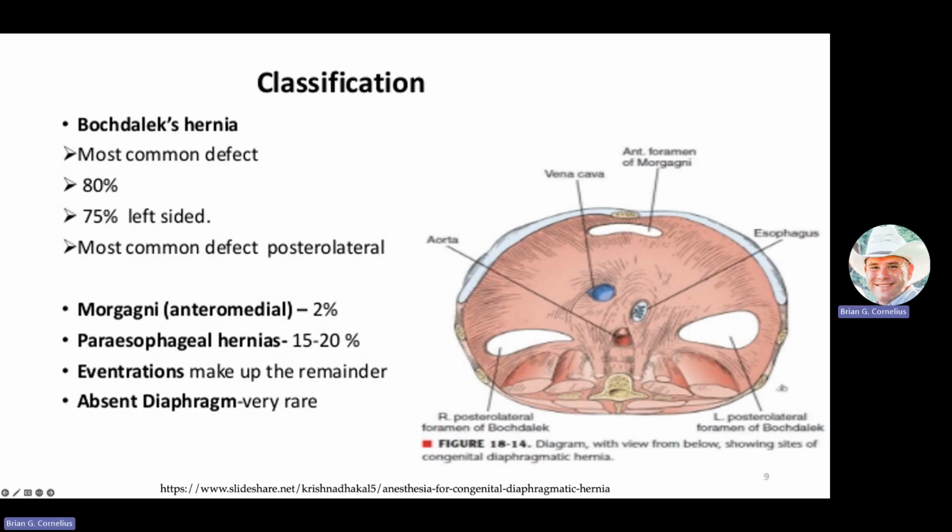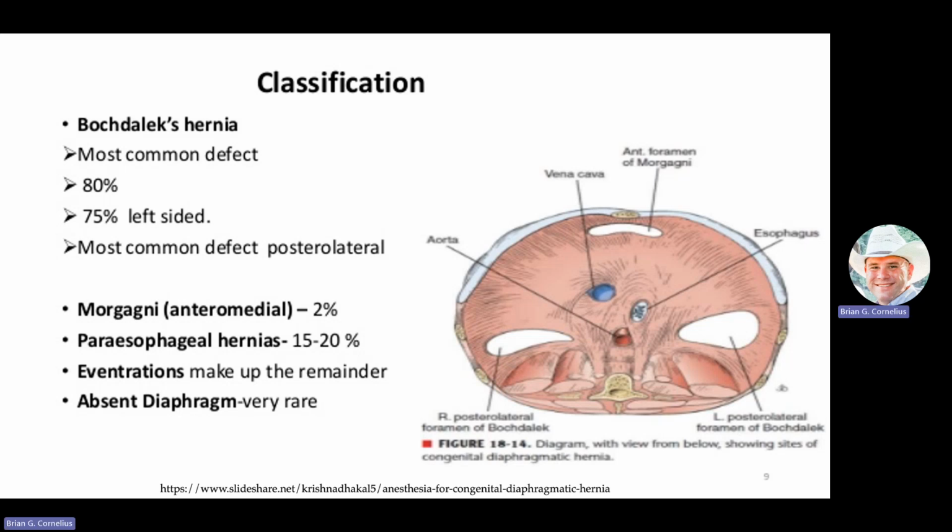So this is a little blurry, but this is kind of a picture of where you tend to see these herniations occur. So Bochdalek, as I said, tends to be the most common, with the most common out of those being left-sided and posterior lateral. So we tend to think about these occurring anterior, but a lot of times these are herniating a lot more posterior than we think about. When you see these on x-ray or on film, the reason it looks like it's anterior is because there's just that much volume in the chest at this point. But it's actually occurring through the posterior